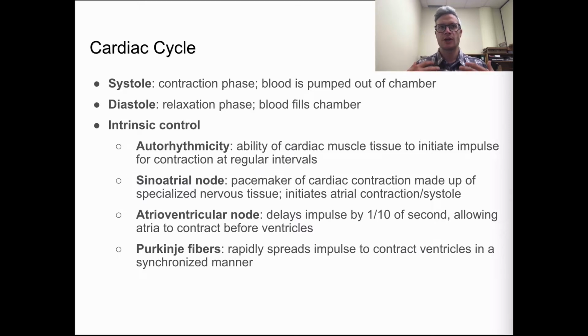Okay, so this is auto being self and rhythmicity being rhythmic. So it's the heart's capacity to be able to rhythmically contract. Okay, and so what it'll do is again initiate its own electrical or nerve impulse to have a coordinated contraction throughout the heart. That's really the most important part about autorhythmicity, is the fact that it can help coordinate when and where in a heart cycle the heart is contracting. Okay,